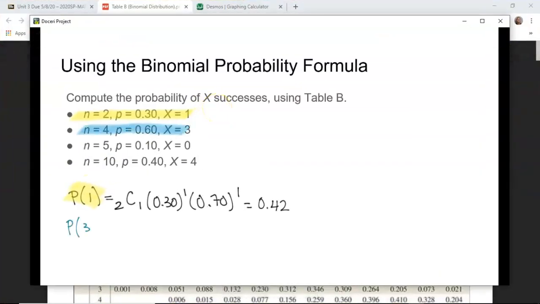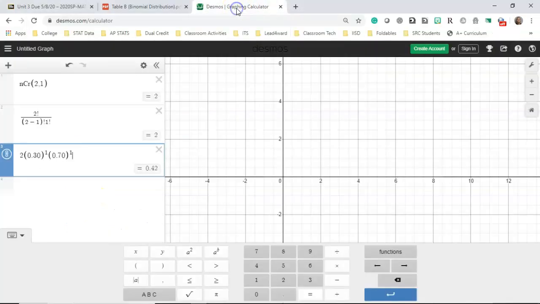For the second one, I want the probability of 3 successes. So if I set this up, we have 4 choose 3. So n is 4, x is 3. The probability of a success was 0.60. So we have 3 successes for 0.60, which means a failure would be 0.4, because if 60% of the time we expect a success, that means 40% of the time we expect a failure. And if there's 3 successes out of 4, that means there will be 1 failure out of 4. And again, if I go to my Desmos,